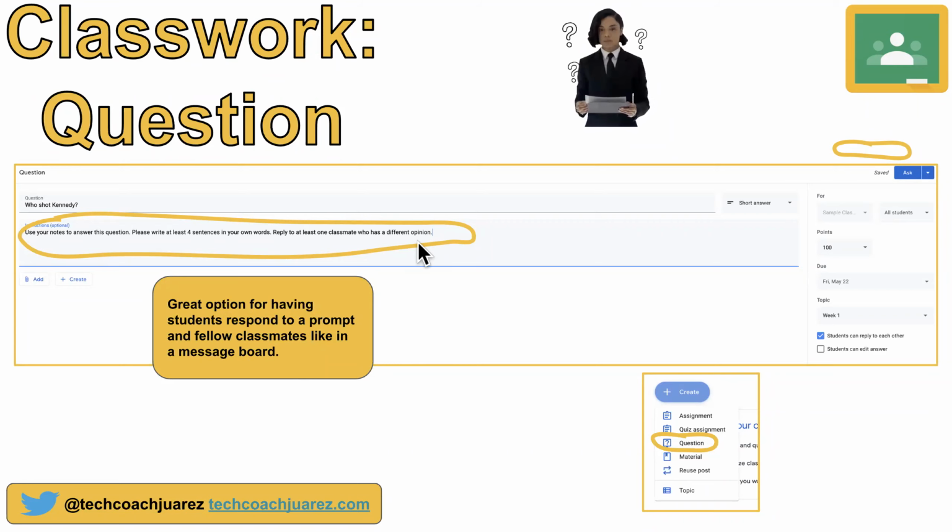It's very much the same anatomy as a Google Classroom assignment. You have the add and create button where, if you want to add other files or links to help them with that question, you can. By default, it's a short answer. If I click here, I could also do multiple choice. But for a constructed response or an exit ticket where I just give them a prompt and I want them to reply to it,